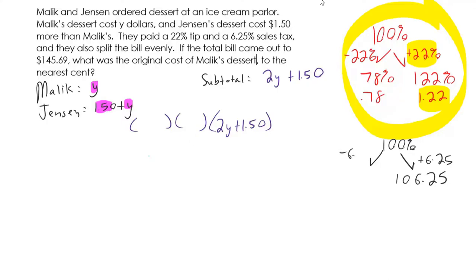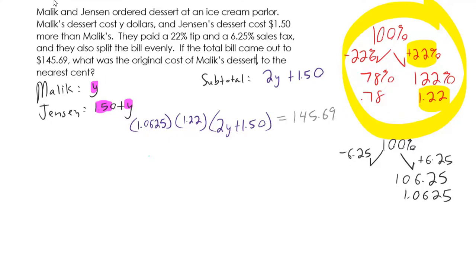Or we could have taken away 6.25, which I won't bother with. But moving that into decimal form, it'll be 1.0625. So if we add the tip, we're multiplying this by 1.22. Now that 1 is the original cost of the desserts put together, and the 0.22 is the tip added to that. And right here we'll have 1.0625. The 1 represents whatever we were paying before, and the 0.0625 is the tax that we're adding to that. And all of that is going to come out to